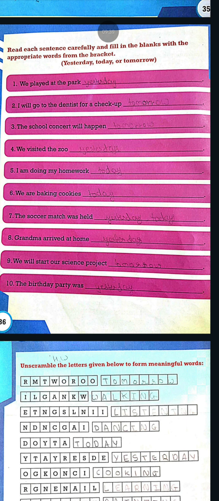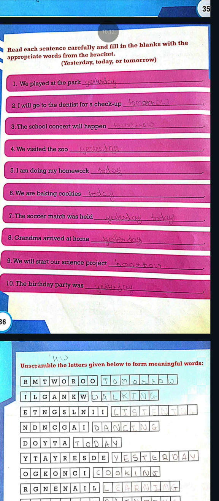Okay. It is going to happen. That is also tomorrow. We visited, past tense, yesterday. I am doing my homework. You are currently doing the homework, which means you're doing it in the present, right? So it's today. We are baking cookies. Baking, the ing form is there for baked. So today. Now don't blindly go on the ing form, because there are forms in future or past tense where